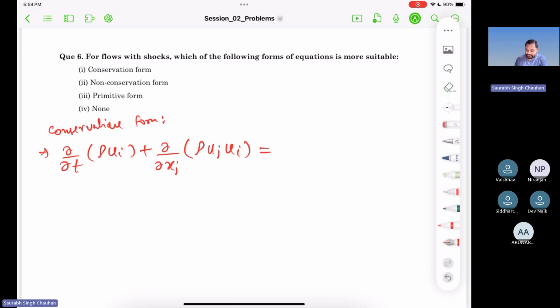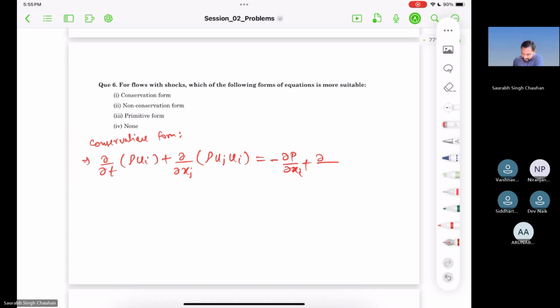Then on the right hand side you have the pressure gradient term, minus del p by del xi, since we are writing in the ith direction, plus del by del xj of